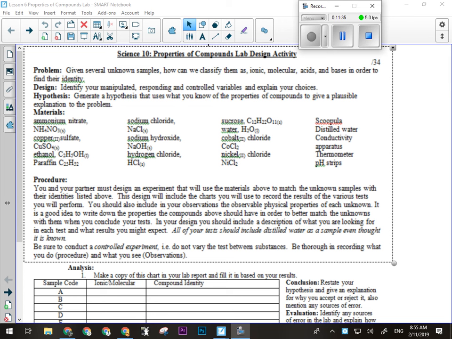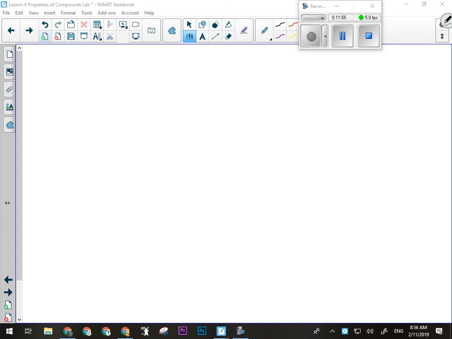What three words did we say our hypothesis needed to contain on Friday? If and then. Our hypothesis needs to contain the words if and then. So the premise that we're working on is what goes in the if part. The premise we're working on here is that all of those compounds that we have have different physical properties. Is that a fair premise to work on? If they don't, it'll be impossible to separate them, right? If they're all white crystalline solids that dissolve in water and conduct electricity and have identical pHs, they're probably all the same thing. So the premise we're working on here is that all